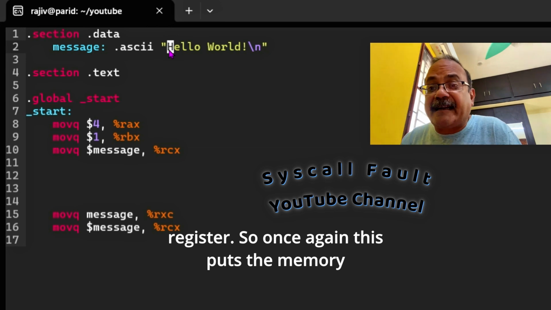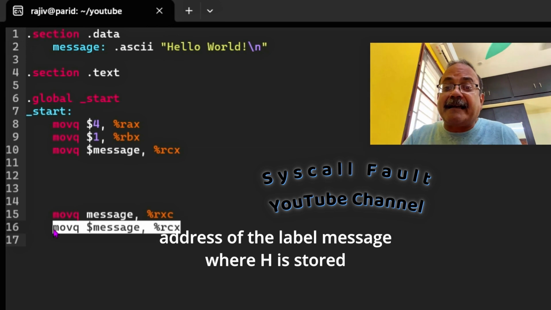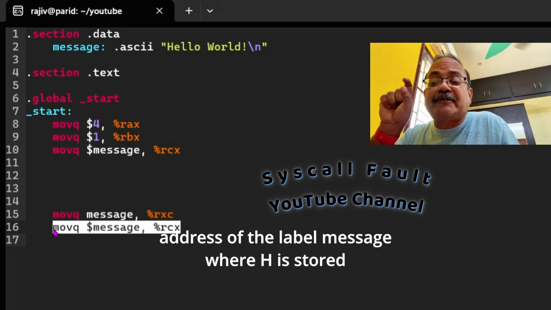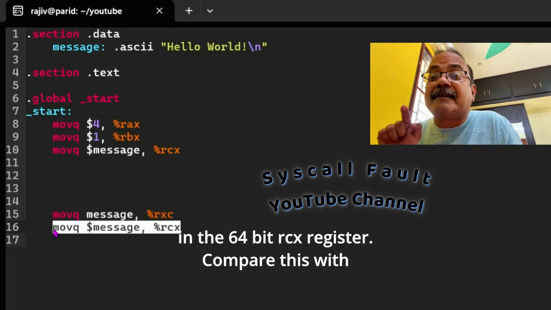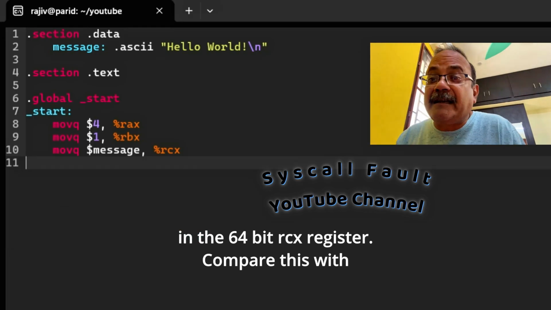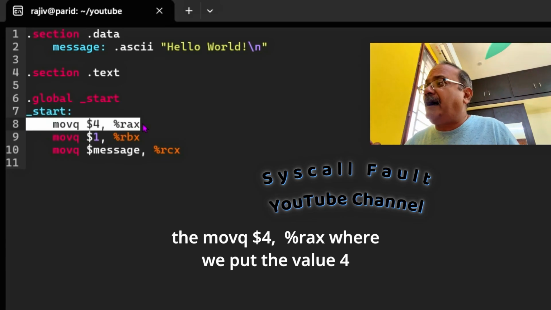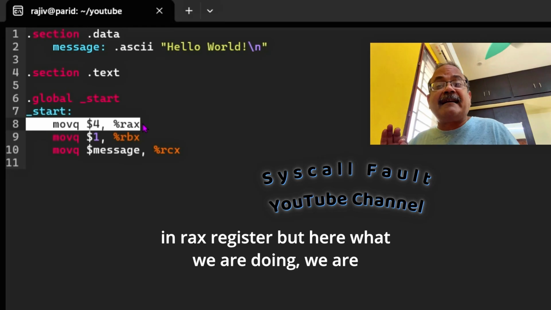Compare this with movq $4, %rax, where we put the value 4 in the RAX register.